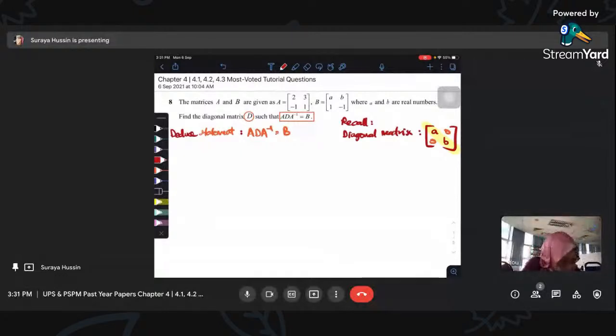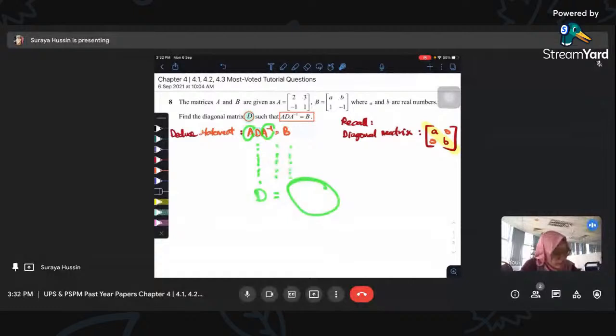So now deduce the statement where your aim right now is finding the D. So when you want to find D, it means you want to try to eliminate A and A inverse until you meet D alone. At the end of the solution, you will meet D as a subject. The way to eliminate A and A inverse is not to carelessly bring it to the front or bring D to the back. No, you cannot do that. What you can do is